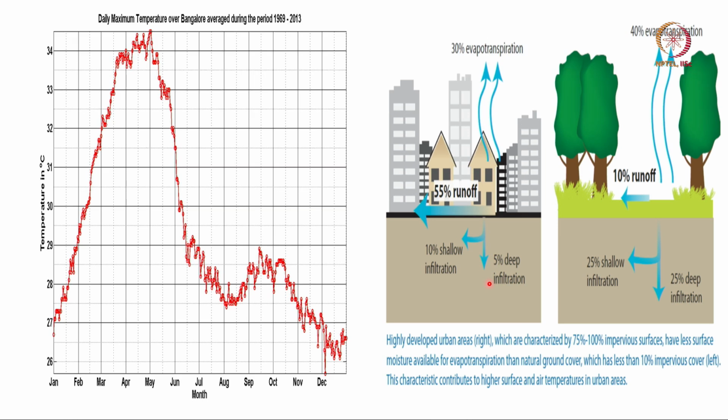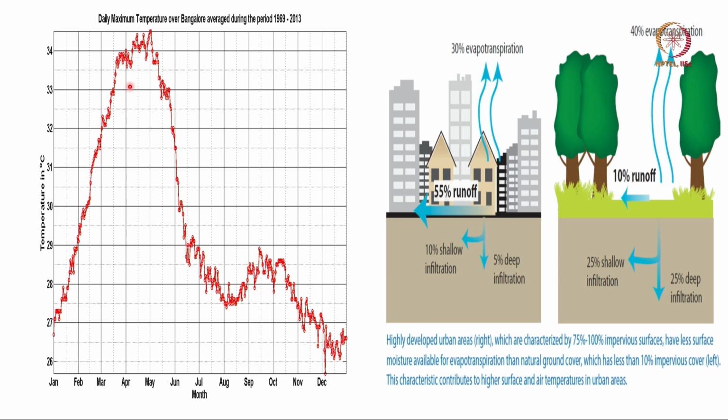Just to give an example, suppose you want to simulate the climate of Bangalore. Okay? Bangalore has a very unique climate. It is somewhat cool in January, then the temperature rises rapidly. So by the time you come to April, it is very hot. Not hot compared to Chennai, but it is hot for those who stay in Bangalore. Then it reaches a maximum around May, then the clouds and rain come, and the temperature declines rapidly, and by the time we reach June, July, it becomes quite cool again and remains cool till about October, then it cools further due to the fact that we are in winter. Okay?